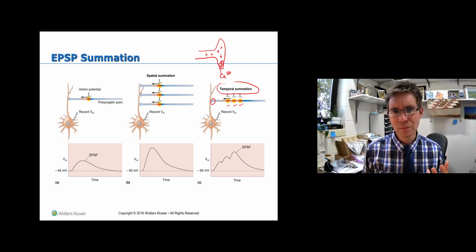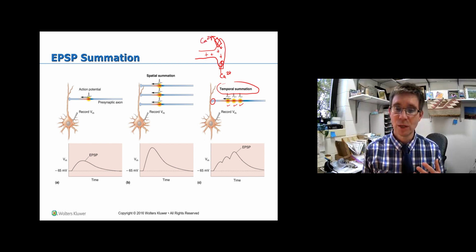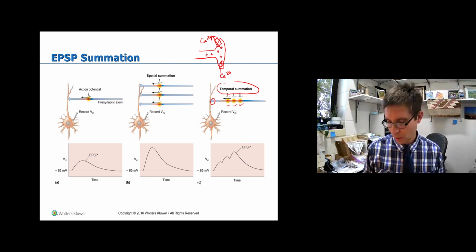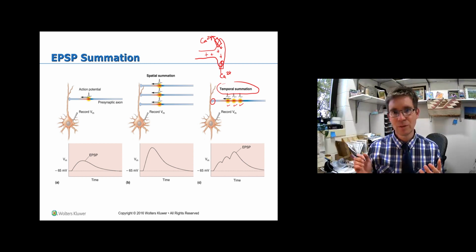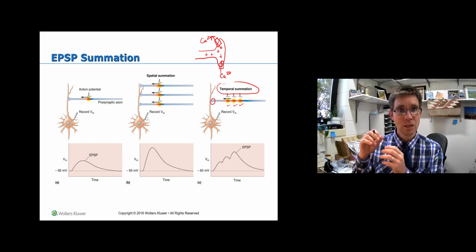But what is happening at the same time as calcium is coming in? Is there something removing calcium too? Yeah, remember there's a calcium ATPase also here that is pumping calcium out at the same time, because ultimately we want to return the calcium levels to low levels inside the terminal. So you've got these 2 things happening at the same time. You've got calcium coming in through the voltage-gated calcium channels, but you also have calcium leaving through the pump. Now, if that action potential had come down all by itself, it would have caused depolarization, calcium would have come in, some of the vesicles would have exocytosed their contents, neurotransmitter would go across to the postsynaptic membrane, and then